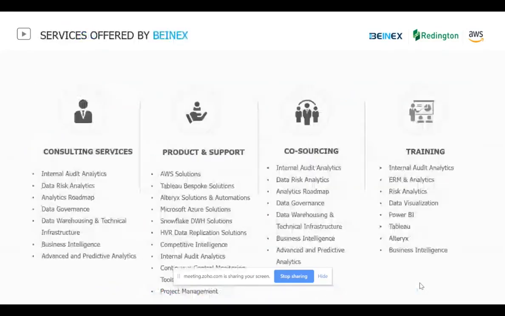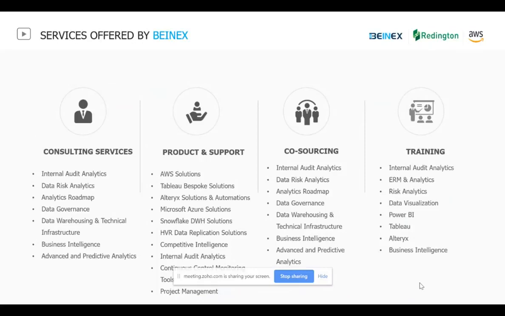So we'll move to the next slide. These are some of the services that we have been offering in general. We are into consulting services with audit analytics, risk analytics with roadmap, and data governance, business intelligence, and so on.